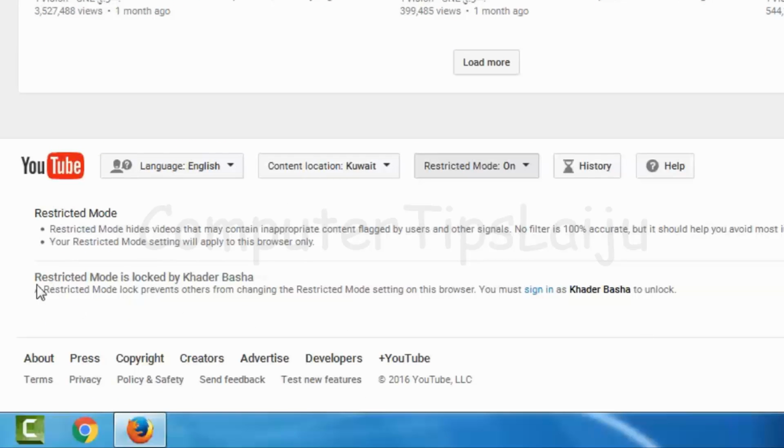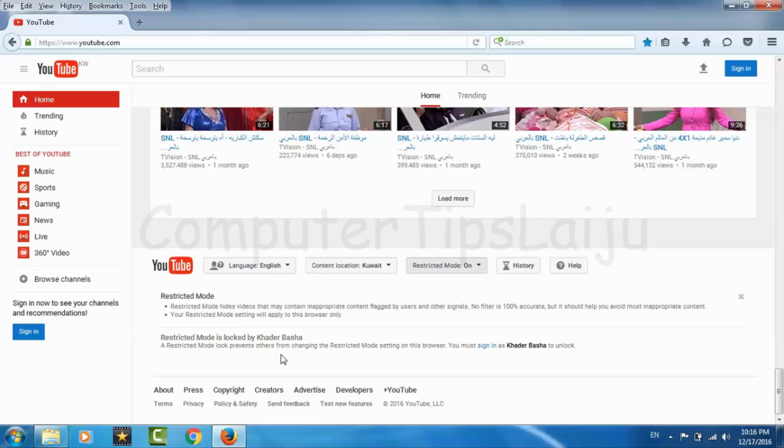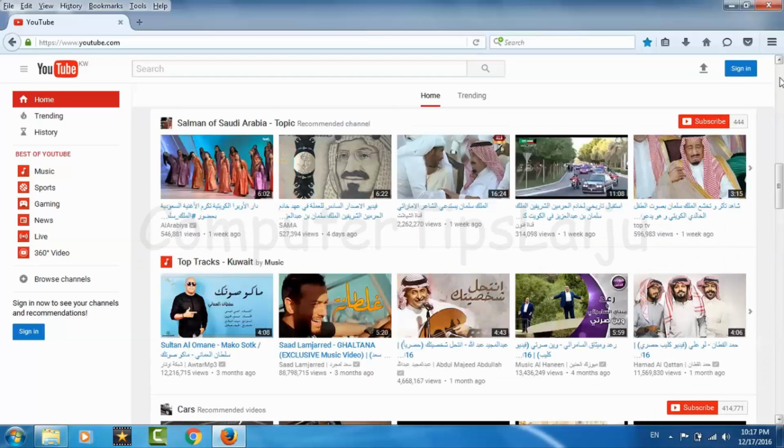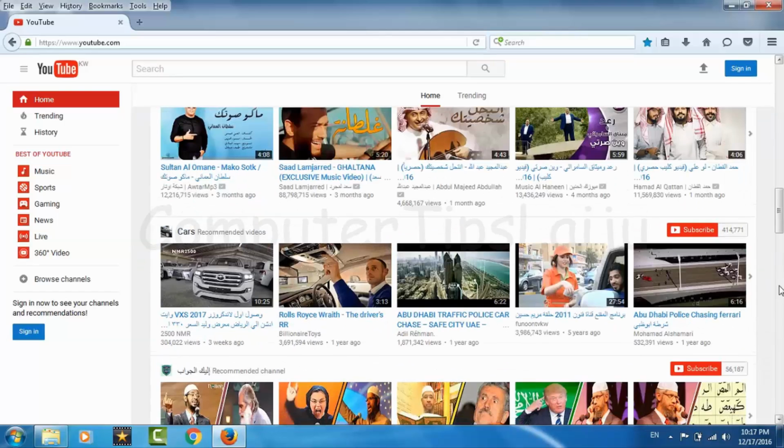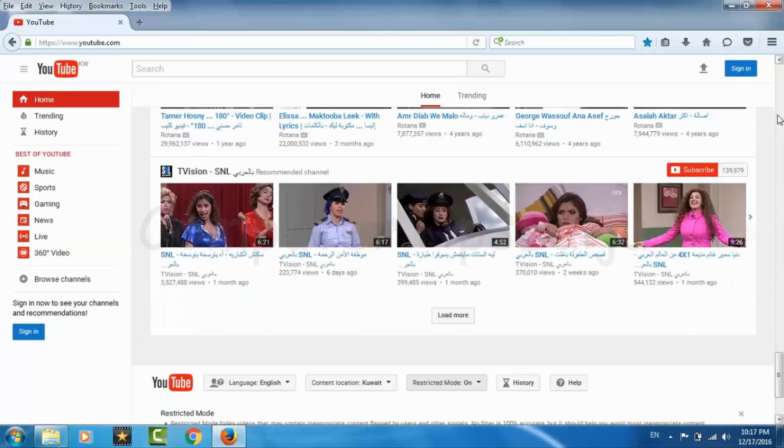There is a message here, restricted mode is locked by this user and you have to sign in to unlock. To disable the restricted mode, the same user must be signed in and only he can change the restricted mode lock. So this is safe for children and anybody using YouTube. I think this restricted mode lock is useful for family needs.